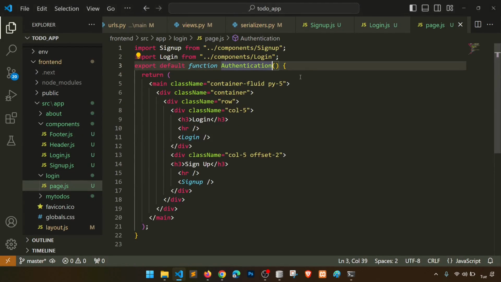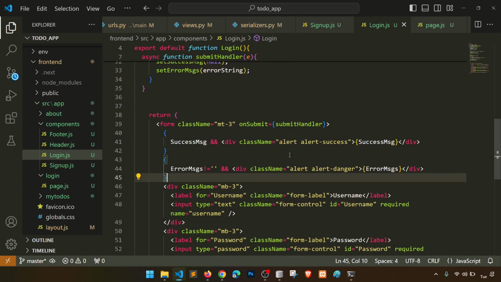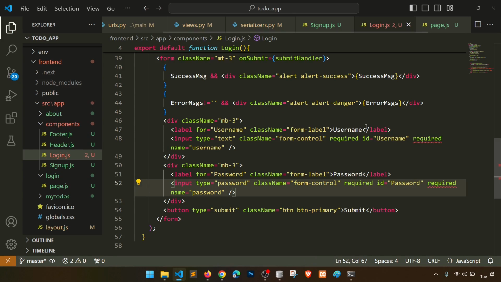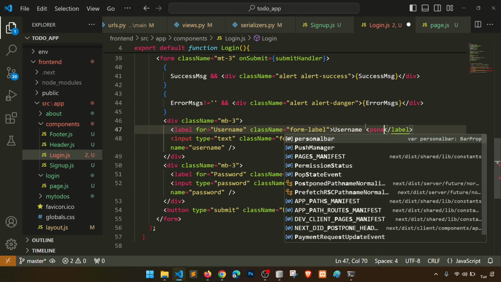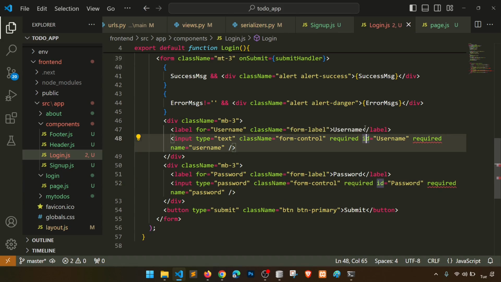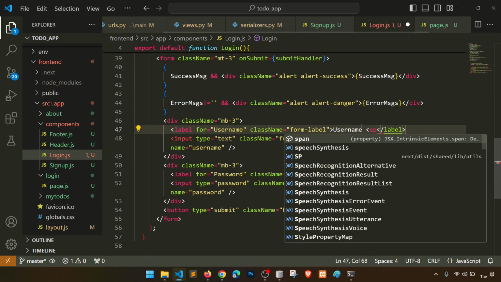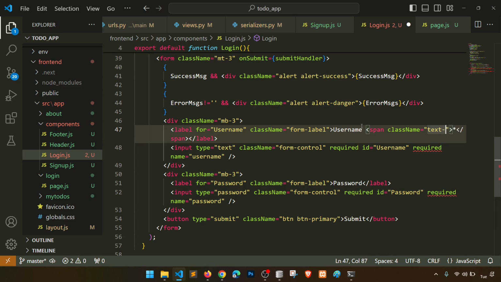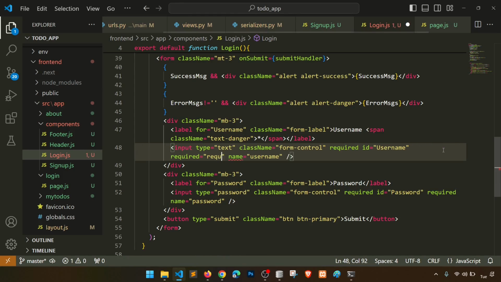One more thing, let's do the basic things, like this field is required, right? And password is also required. And let's also do one more thing, let's do the span, right? So what we are going to do here, span and asterisk sign, and then class text danger, right? And we'll copy this, required equal to required,